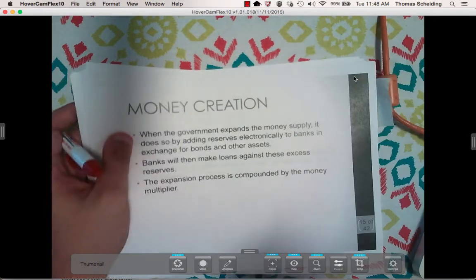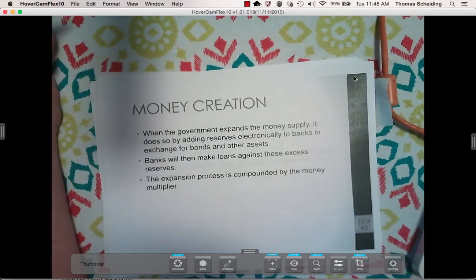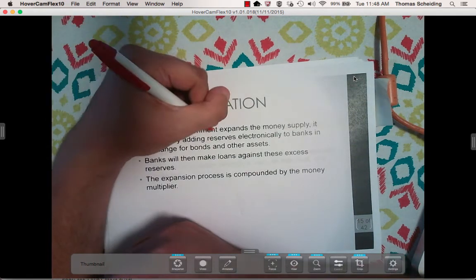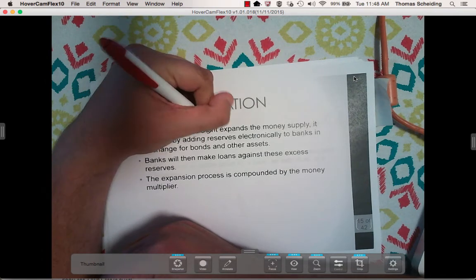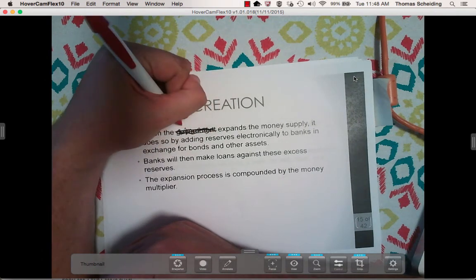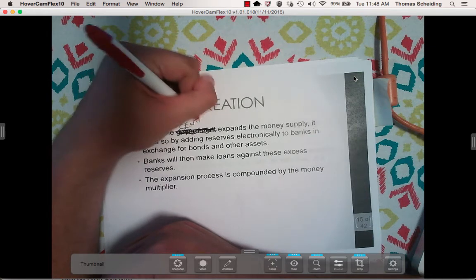Oh, God. There's an error on this slide, an egregious error. This person would have gotten this wrong in my class. The government has nothing to do with the money supply when the central bank